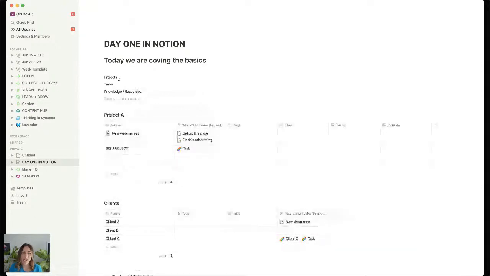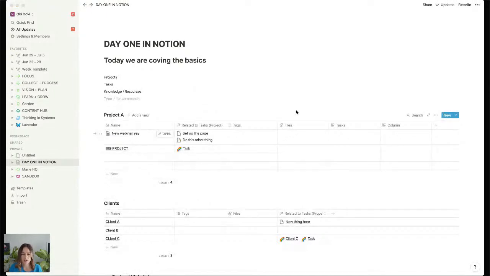Not everyone does their task management inside of Notion either. So some people use Todoist. You can also embed Todoist inside of your space. Yes, Tony, I won't go too much into it in this